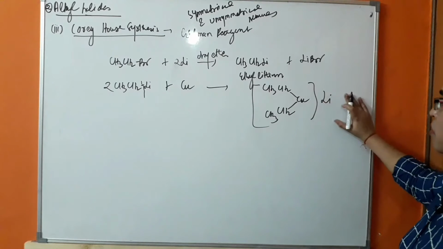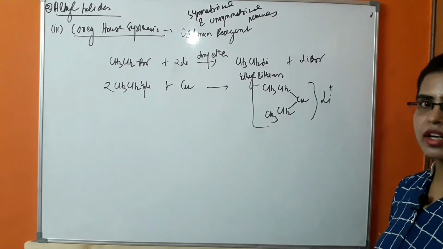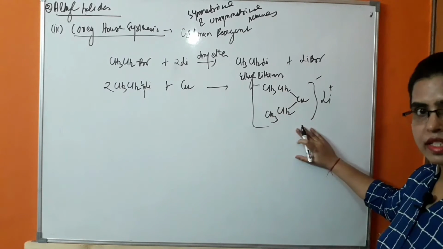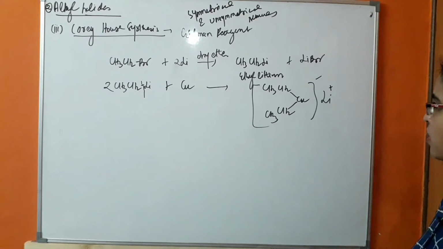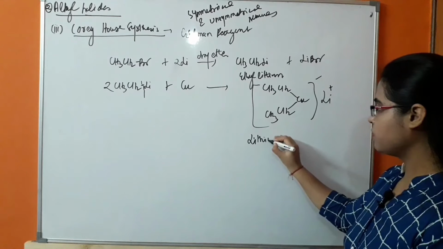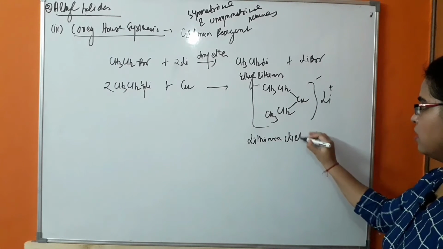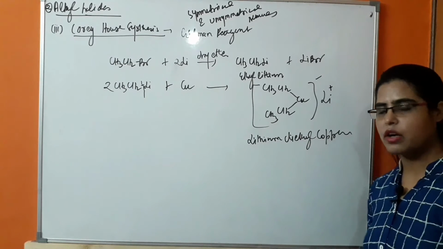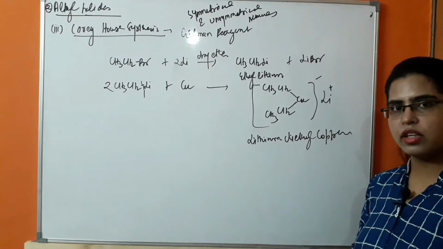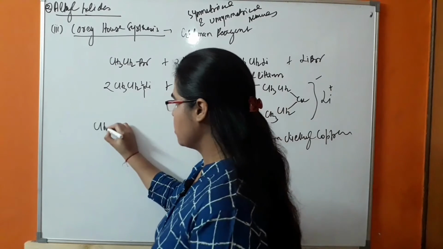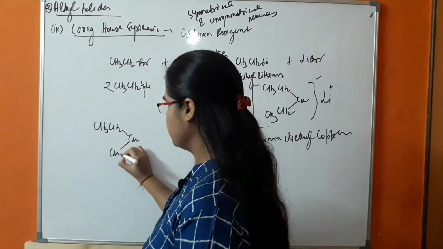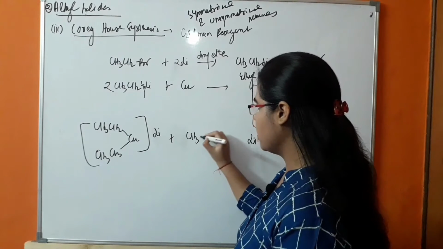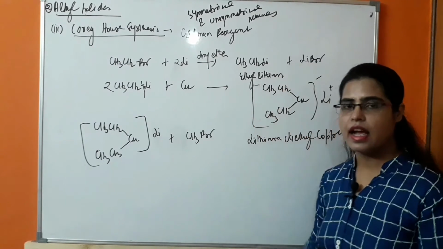Okay, so this complex will be formed in which lithium will have a positive charge and this complex will have a negative charge. Okay, this complex is known as Gilman reagent, and what will be the IUPAC name for this complex? Lithium diethyl copper. Okay, this is lithium diethyl copper and this is known as Gilman reagent. So in the next step, this compound, that is Gilman reagent, will react with another alkyl